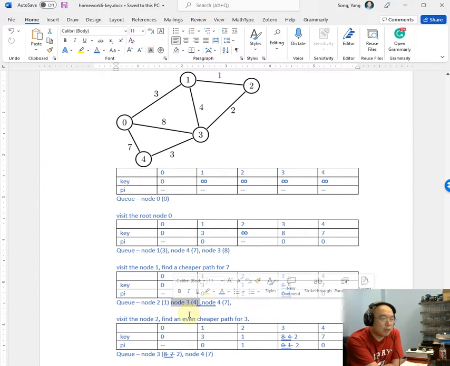So now we have the MST members 0 and 1, and then we have three candidates. We have node 2, the cost is 1. Node 3, the cost is 4, and node 4, the cost is 7. So we pick the cheapest one, so we have node 2